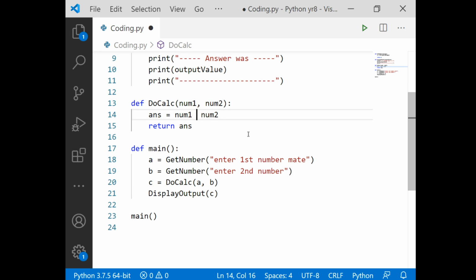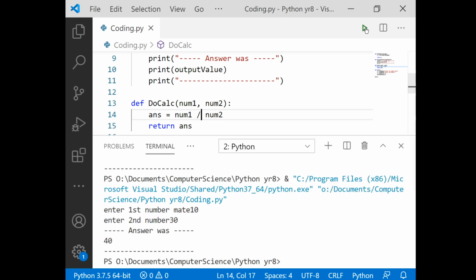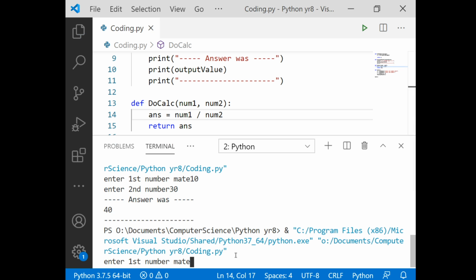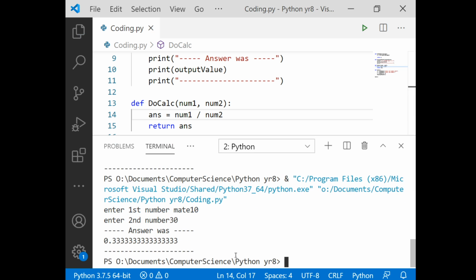Okay, so if I want to do divide, my logic of my code is get my input, do my calculation, display my output. Input, process, output. The standard format of every single piece of code you'll ever write. So again, I'm going to do 10 and 30, and then I get that hideous number, 0.33333333. Why do I get 0.3333333333? Can't represent it exactly. It's not an integer, so as soon as you start dividing, you end up with this problem. This is our float problem.